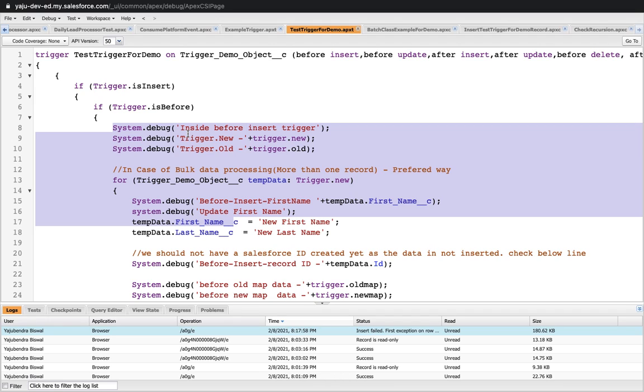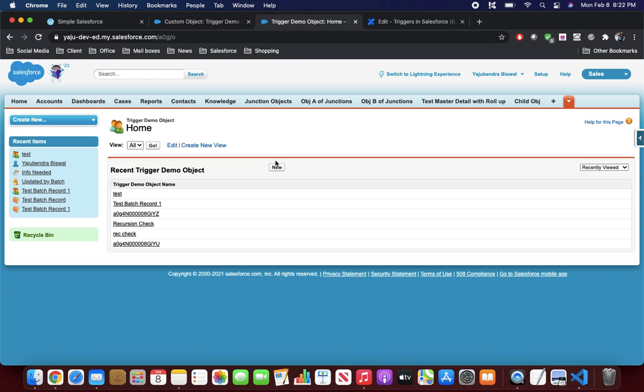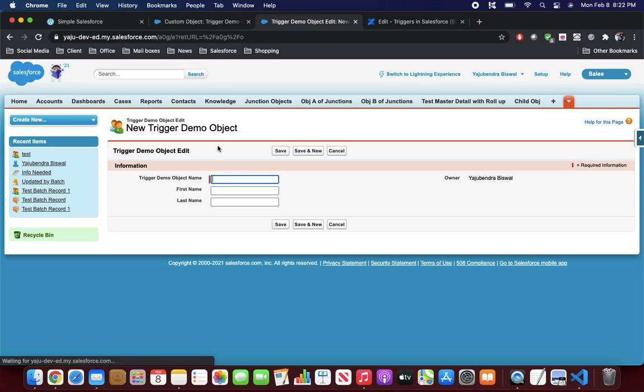Just imagine you are inserting a single record, but preferably we always recommend bulkifying the trigger. Meaning you collect all your data in a collection like a list or map, and then you process that data in one transaction in the trigger. We will see that in some other video, but for today let's see what exactly trigger.new and trigger.old contain here. So here if I go to the trigger.new, this is the same object,